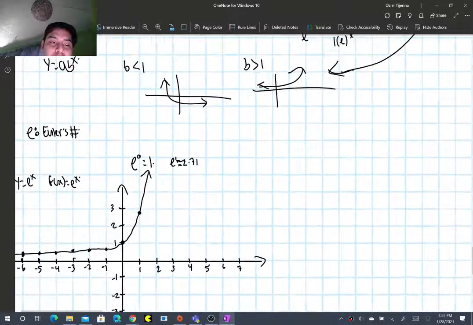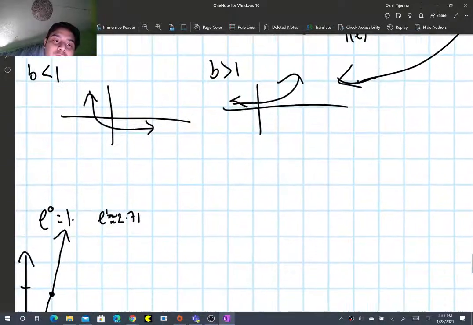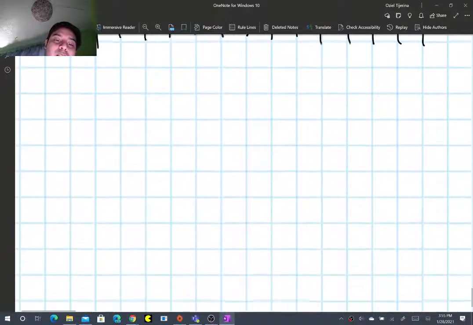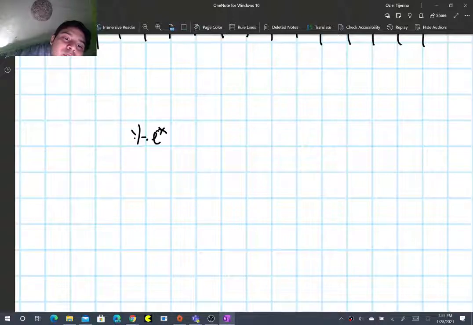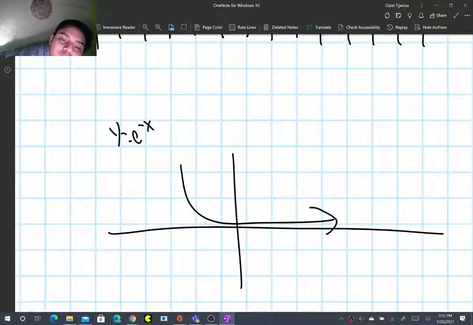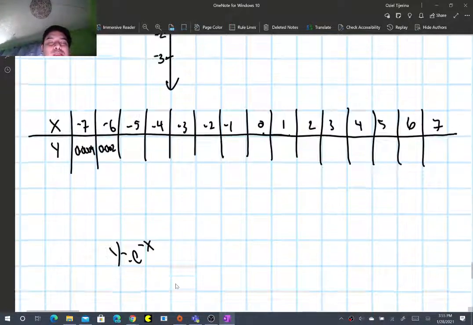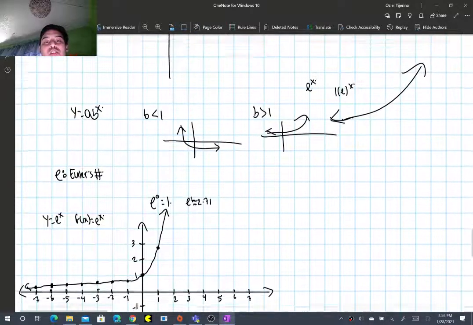And then if it is, for example, reflected across the y-axis, so if it's reflected across the y-axis, it is f of negative x, so it's y equals e to the negative x. So y equals e to the negative x would look like this. Okay. So it's really important to know the differences between these two before you actually start doing